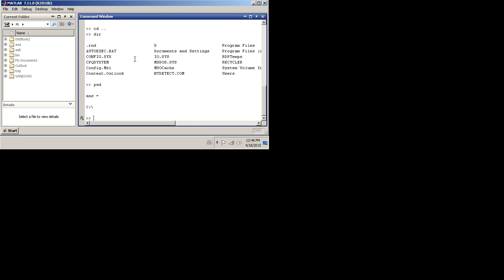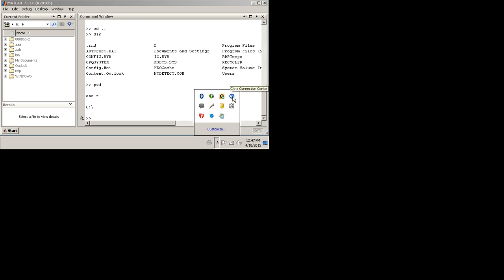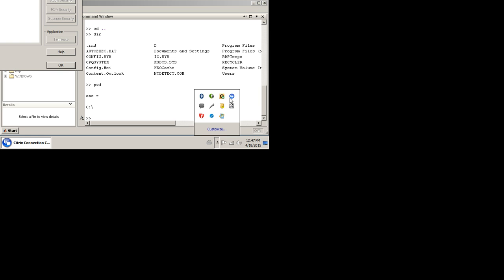You can restart Citrix and choose File Access, assuming that you get that window, or you can cause that File Access window to show up by going down here to the taskbar and right-clicking on the icon that looks like a blue circle with a couple of white objects in it. If you hover on it, it says Citrix Connection Center. So I'm going to right-click on that, open the Connection Center,